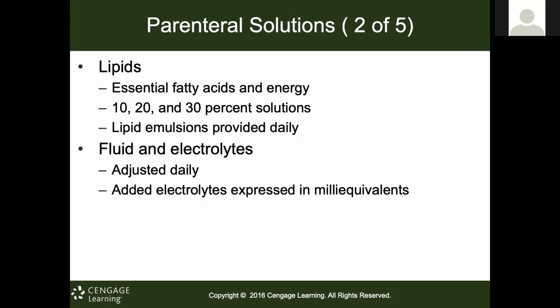infusion into patients. Lipid emulsions are often provided daily and can supply 20 to 30% of total kilocalories. Including lipids as an energy source reduces the need for energy from dextrose and lowers the risk of hyperglycemia in glucose intolerant patients. Lipid infusions have to be restricted in patients with hyperglyceridemia. There is also some concern that lipid emulsions that supply excessive amounts of linoleic acid may suppress some aspects of